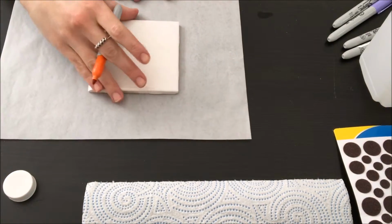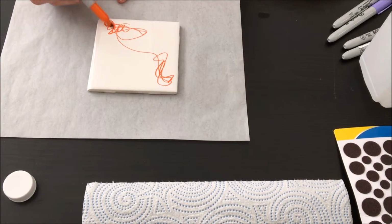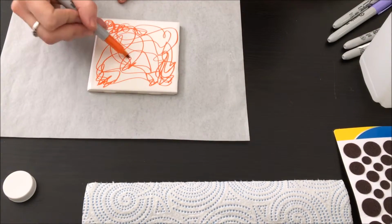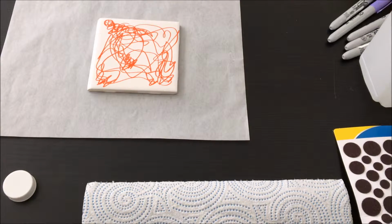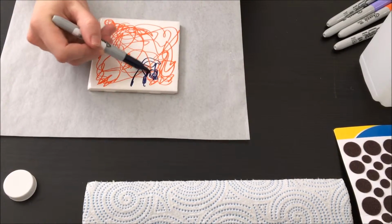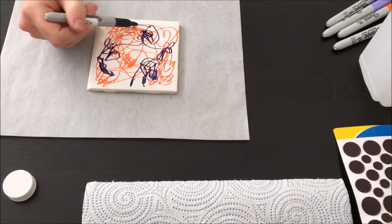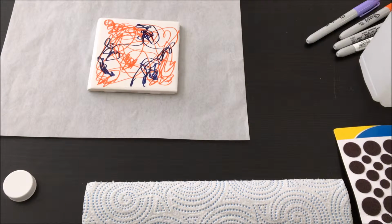So on this particular coaster, I'm going to go ahead and just draw a bunch of squiggles, going all over the tile, maybe getting some more concentrated color in some areas, reaching around. And then introducing some other colors. I'm going to introduce some blue in here, some of this navy. Now sometimes there can be a specific rhyme or reason. In this case, I'm just trying to create some concentration of color and vary it up a little bit. Throw in a little bit of